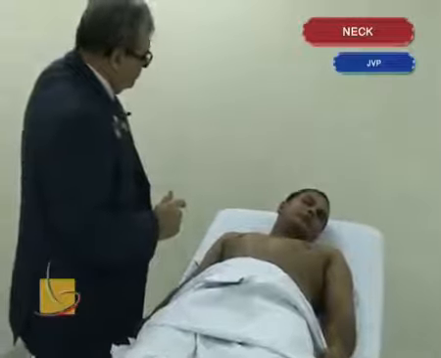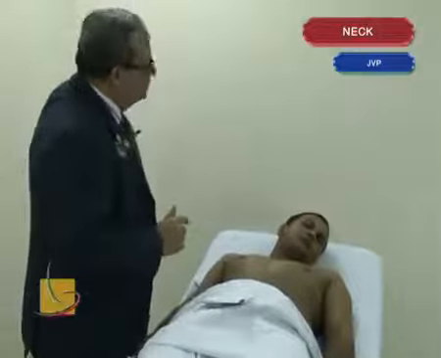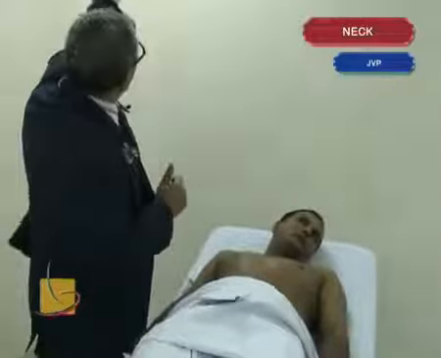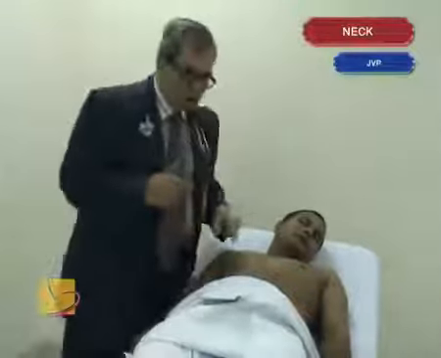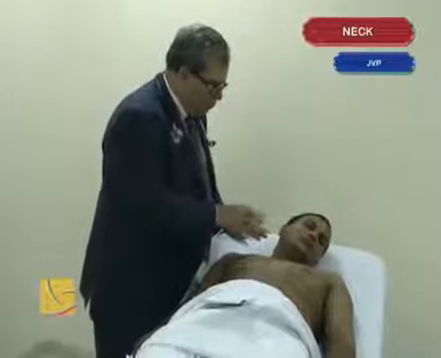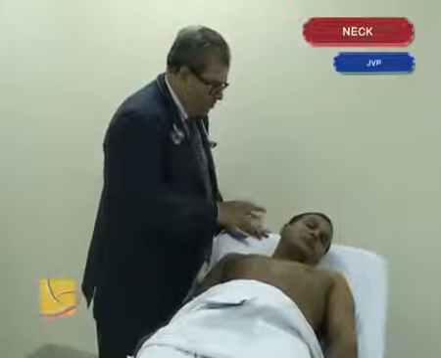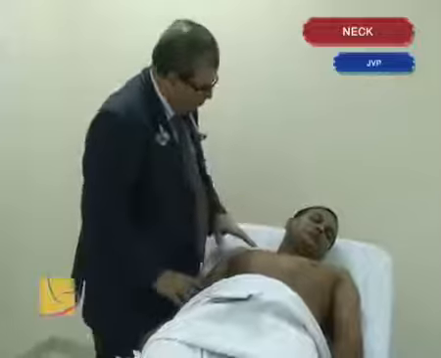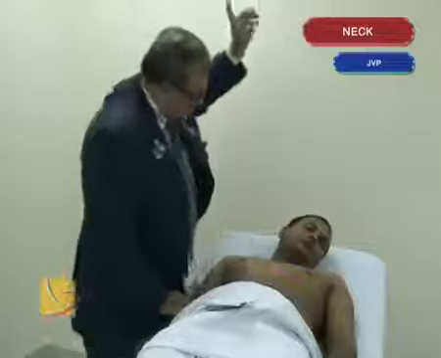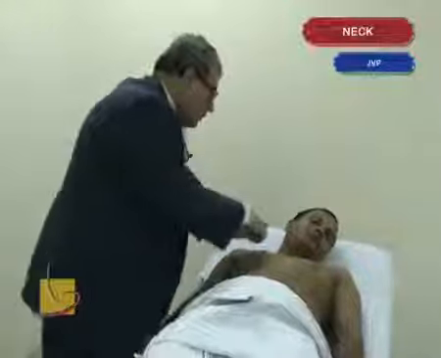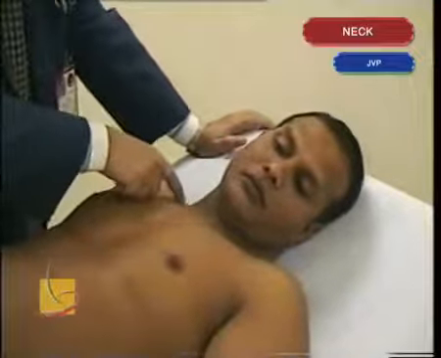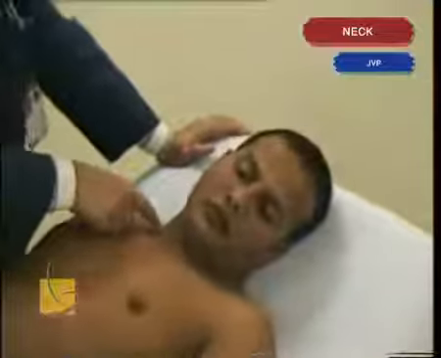If it is not available, then we have to have a bedside lamp. In my opinion, a bedside lamp or good light like this is much better than the torch light. Torch light, if it is moving, might create a lot of waves which might give you a hard time in evaluating the pulsation. So it's better to use a bedside lamp or good light like this. And I look at the area between the two heads of sternocleidomastoid muscle to see if there is pulsation there